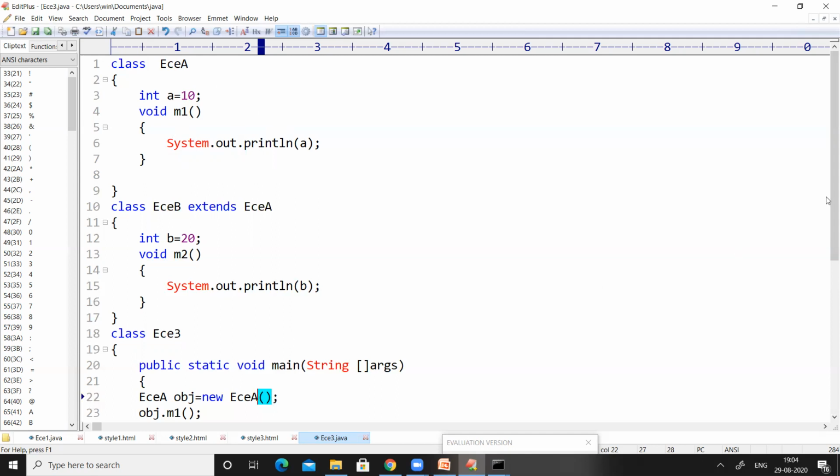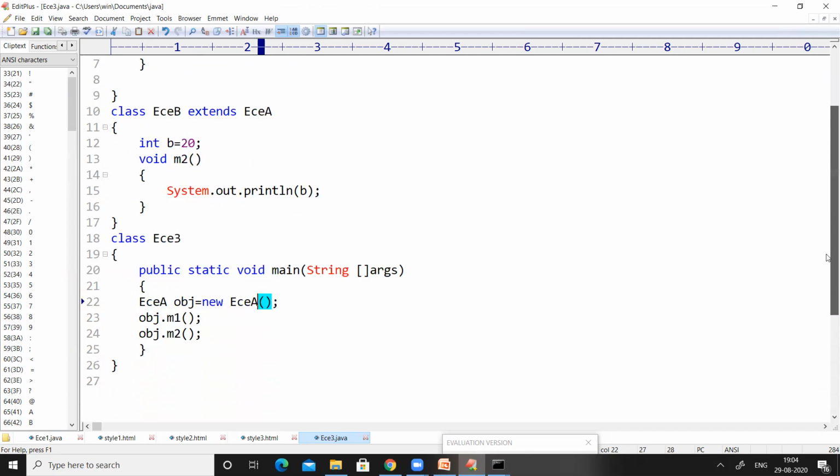So here, let us see what will happen. Remember one thing, the execution of each and every program will start with the main method. So our execution will start at line number 20 because it is the statement which consists of the main method in Java. So it will execute each and every line.